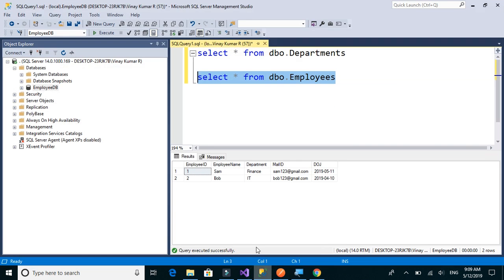So this time we are able to add. So let's select and check. So we have added